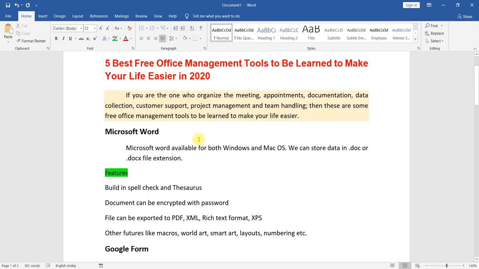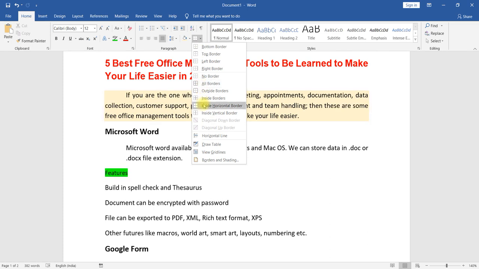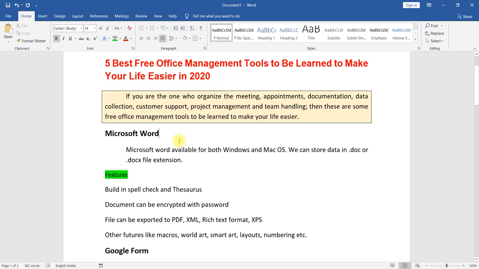The entire background will be changed. Then, if you would like to add a boundary, go to borders and select all borders, or inside borders, or outside border. It will be applicable for a table also. Like this you can format.